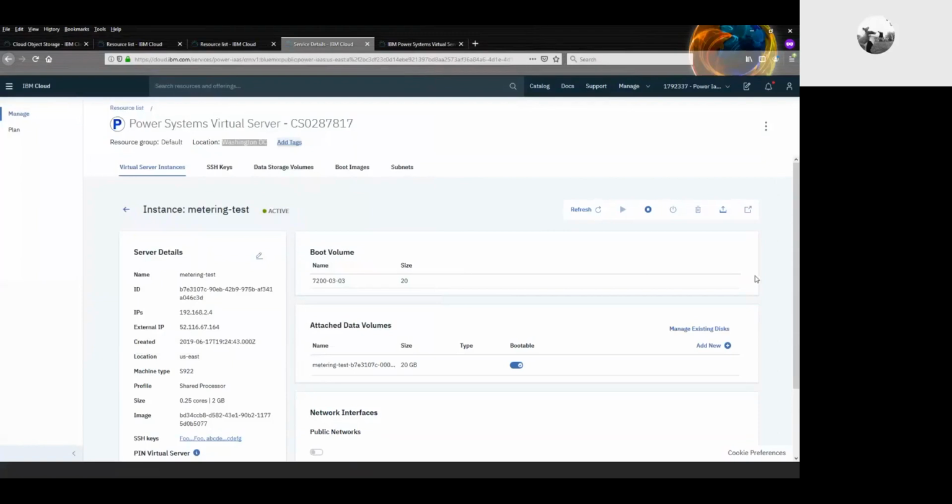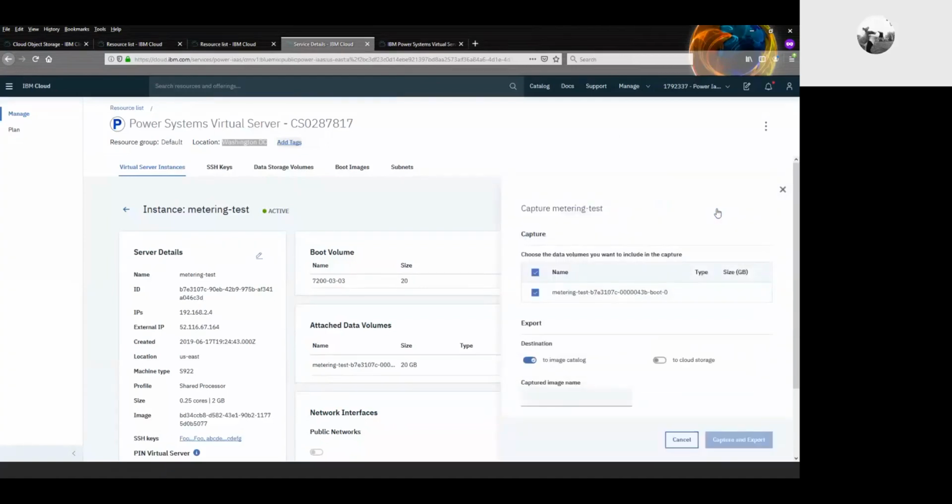Now, there's a question here about how do you do flash copy. So good question. Anything that requires SAN access would have to go through our user interface. So you see here, I'm hovering over a button that says capture and export. And I'm going to talk about this more when we talk about backup, but there's different types of backup you can do. If you want to do a flash copy based backup, that is, you just want to take a snapshot of the virtual machine and its disks, you would hit this capture button right here. And you see here, I can select what disks I want to include as part of this. By default, the boot volume will be included, but I can also include one or all, however many of the